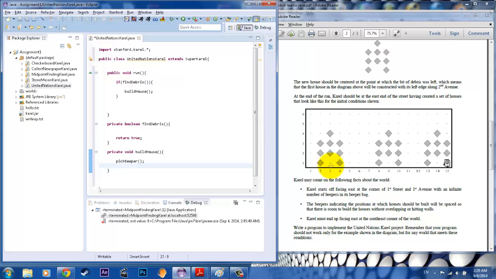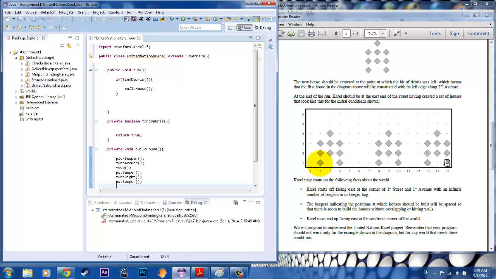Then we can go ahead and turn around, and again, how you build the algorithm for this doesn't really matter. You're going to have him turn around to this spot, move here, then we're going to go ahead and place a beeper there, and then turn left, turn right, turn right, and then put another beeper there, and then,